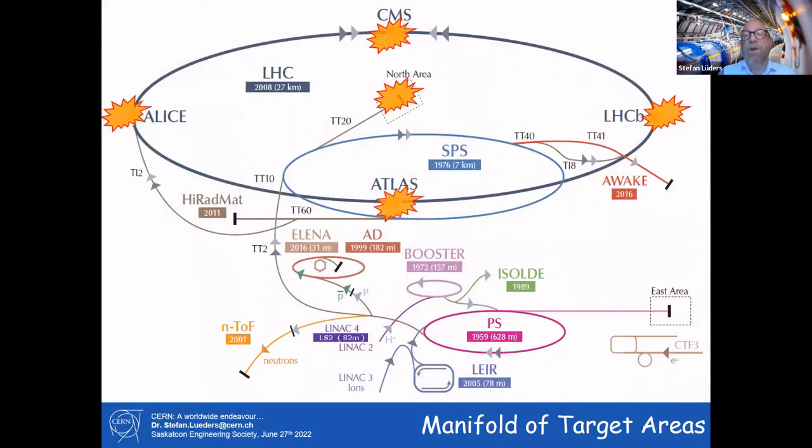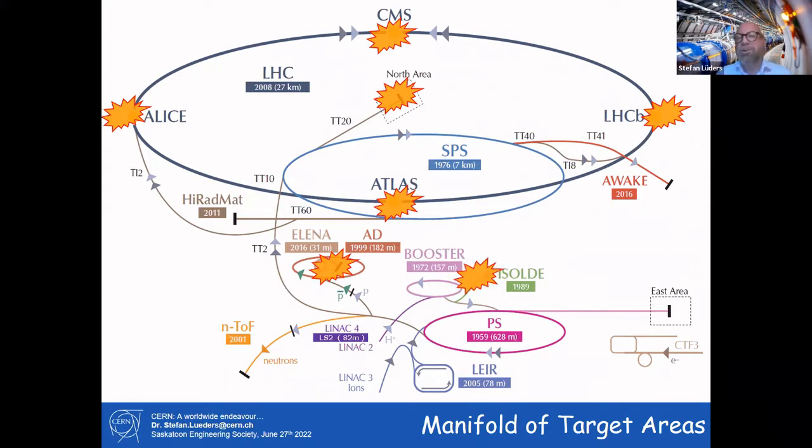We got experiments in the North Area where we smack the protons into so-called fixed target experiments to see the physics there. We can smack the particles in the East Area with low energy to make some physics measurements there. We can convert the protons into gamma rays or synchrotron radiation and make material science with very, very strong X-rays. Or we can convert the protons into antiprotons, antimatter, and do antimatter research. Does antihydrogen fall in gravity as hydrogen is falling? Does antihydrogen shine with this light like hydrogen is shining, which we see from the sun? We can do neutron physics, or we can do physics with ions, producing rare isotopes.